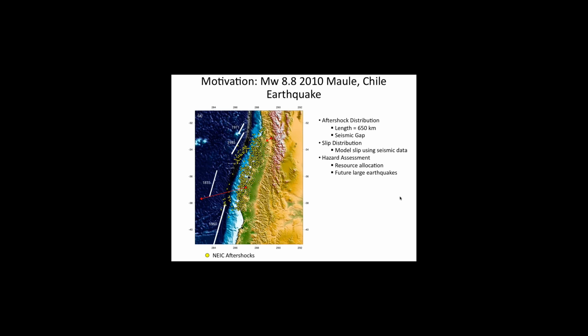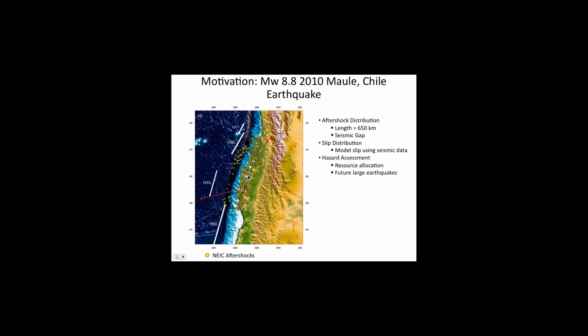Okay, so to provide some motivation as to why back projection was first developed and is becoming more and more popular today, I'm going to focus on the source region of the 2010 Maule, Chile earthquake. The black star is the epicenter of that event. The yellow dots are the aftershocks of that event. These red triangles are a few GPS stations that recorded the displacement of that event, and then finally these